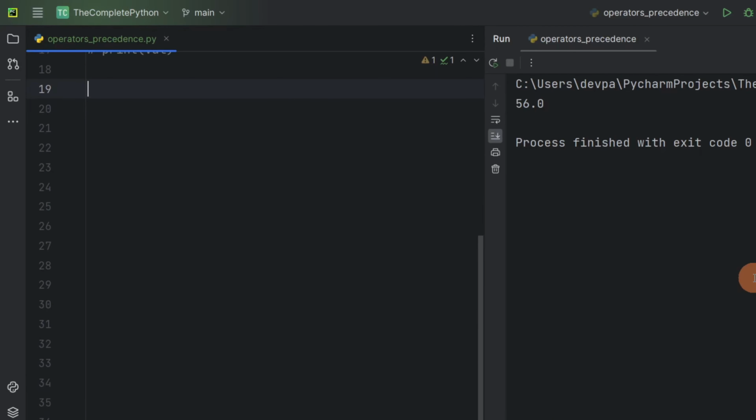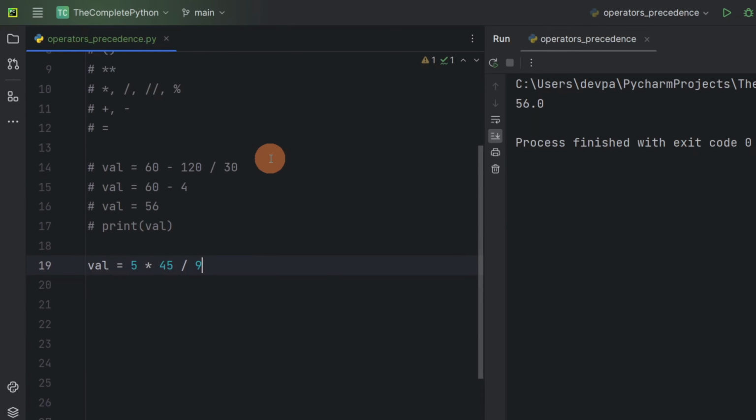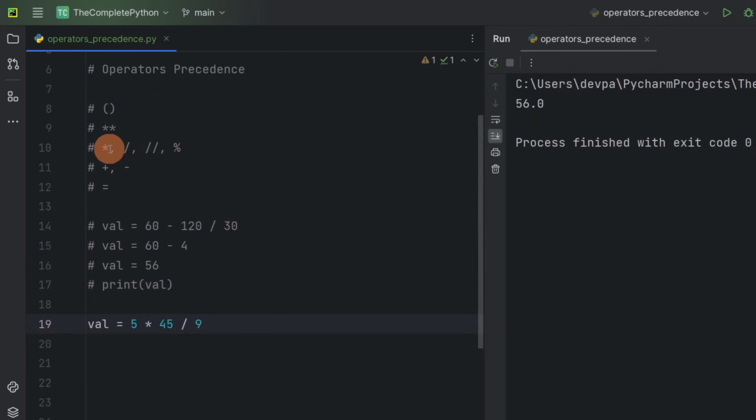Suppose this time we are solving val is 5 multiplied by 45 divided by 9. Let's try to simplify this expression. Here we are performing assignment, multiplication and division operations. Now if we look at the operators precedence table, you will see multiplication and division have higher precedence than the assignment operator. So first we will perform multiplication and division. So first we will simplify this expression. We will have val is. Now remember,